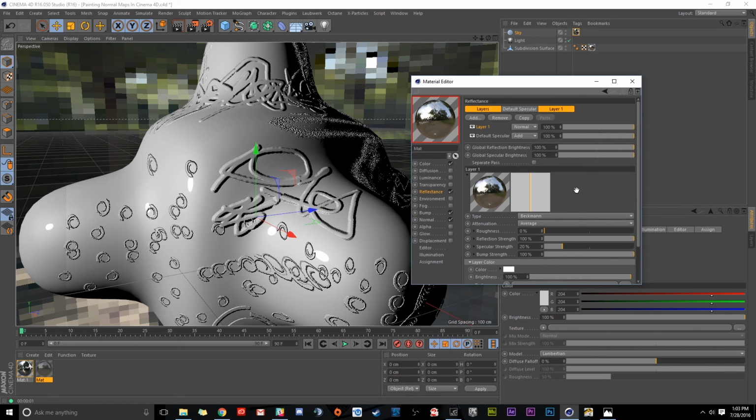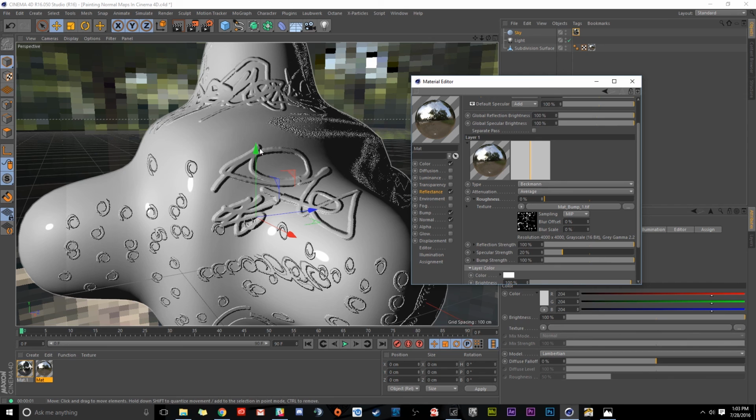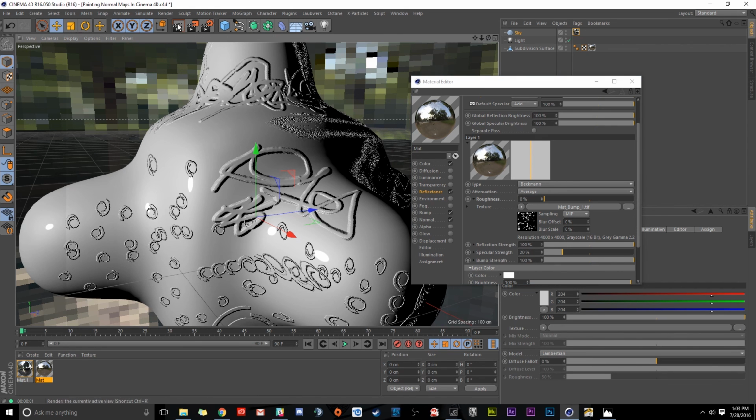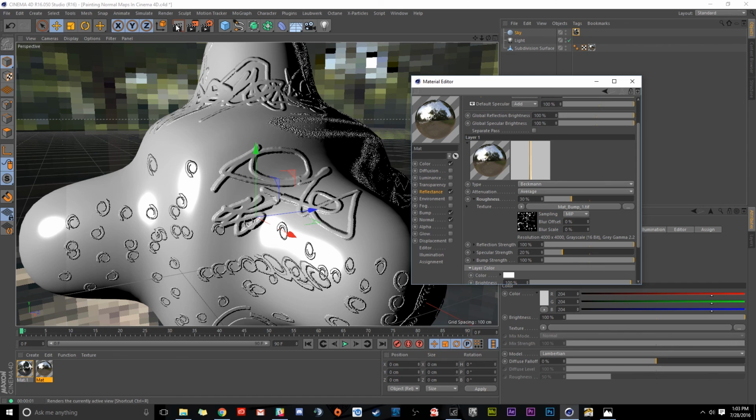Make sure your layer 1 is selected. And take roughness and twiddle down that arrow. Click this arrow and do paste. Now, if we render, nothing's going to happen. And that is because we have to set our roughness value to something. I'll do 30. Now when we render,